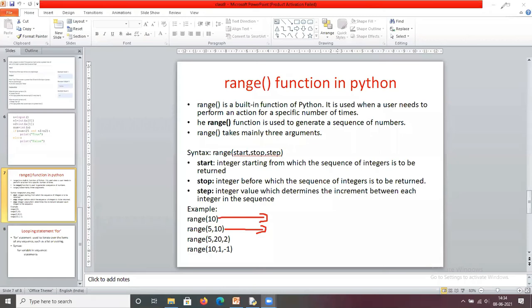What does it return? It returns a sequence of numbers. So 1 to 10 is wrong. Karthik, 1 to 9 is also wrong. Saichan, correct. Yes, it returns 0 to 9.